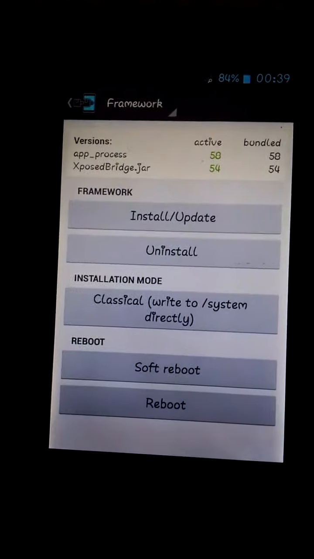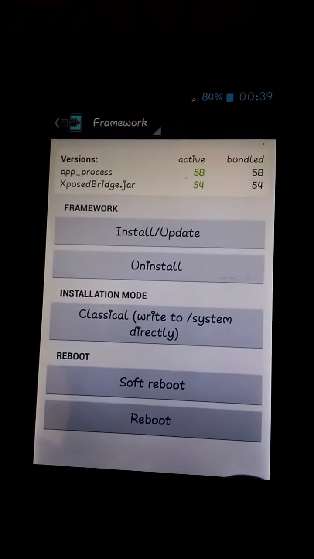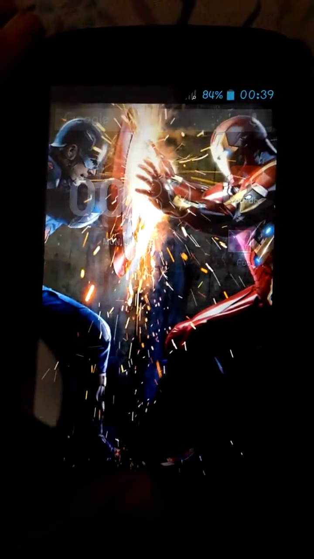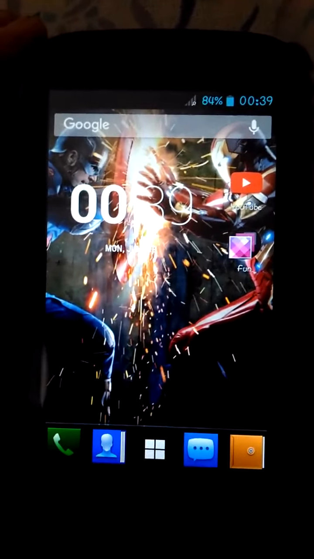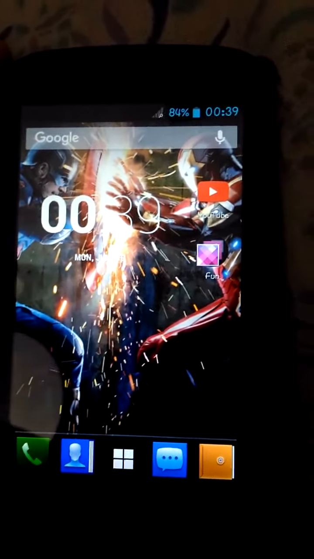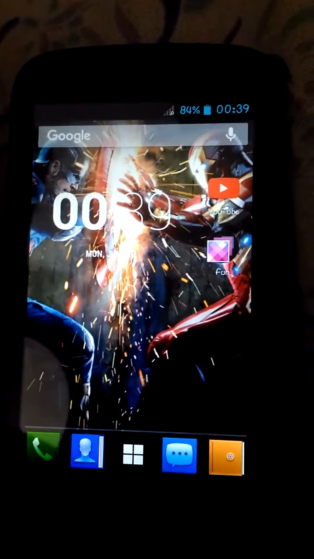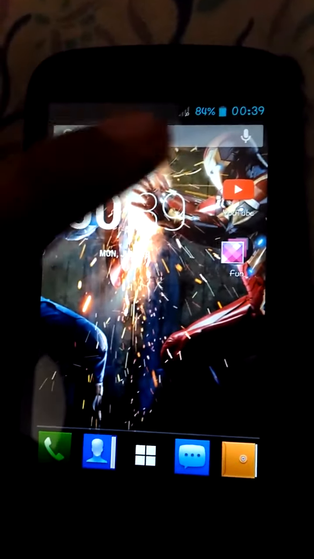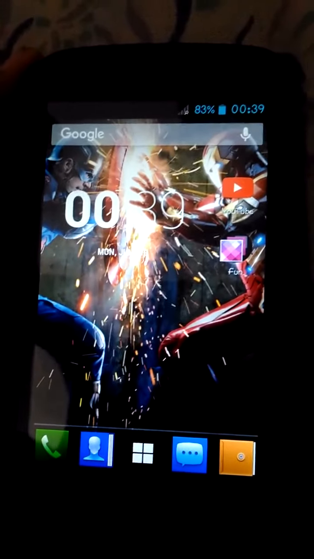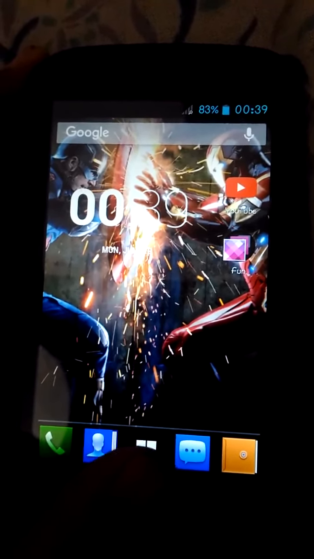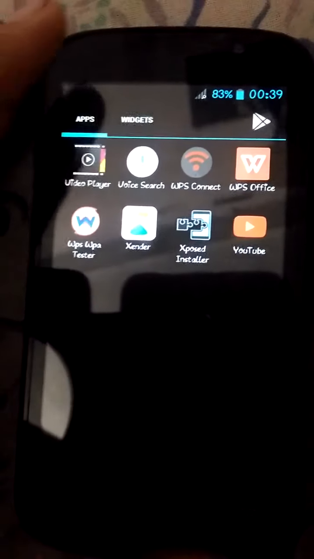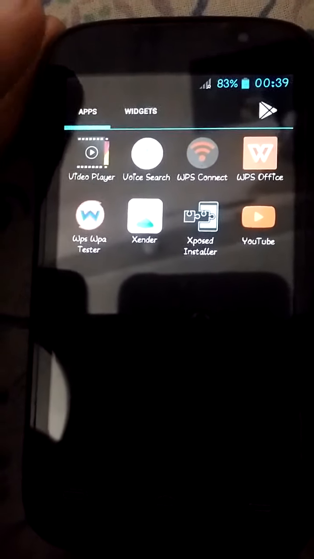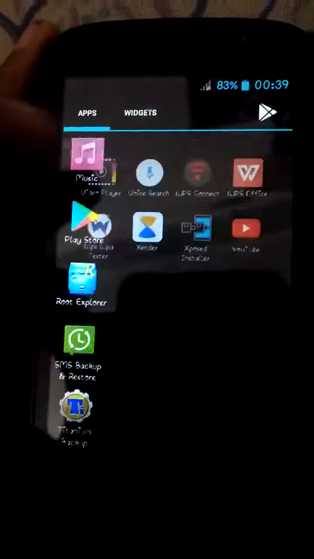Okay. So let us now see how to install Gravity Box, which is the main thing here. Xposed has just created an interface to tweak these things. So as of now, we have just created an environment. For this, again, you can get the link in the description here, or it's a better way to